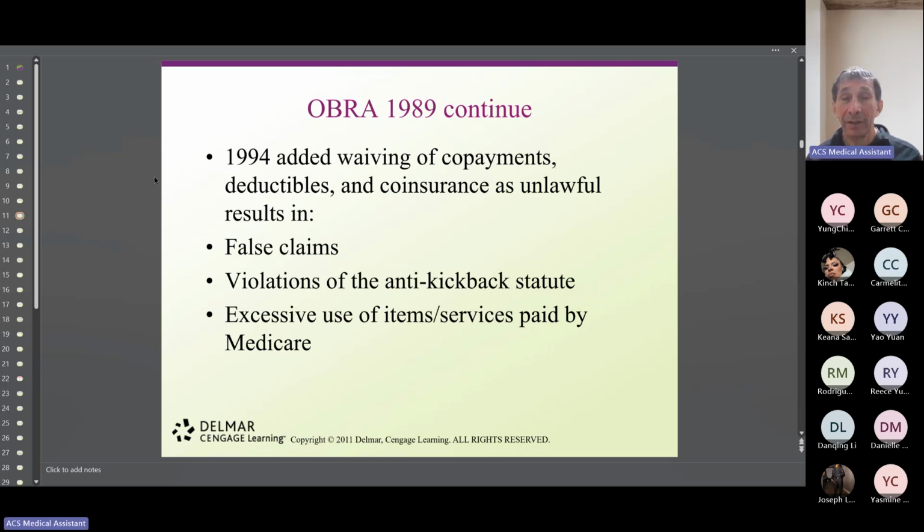Now, remember, for the governmental organizations, if they don't pay you, it's because they have instituted that. Back in the days, they paid the co-payment. Nowadays, they don't pay anything.